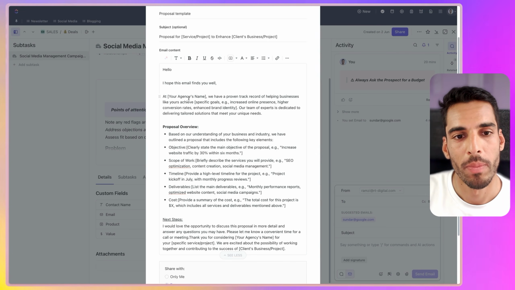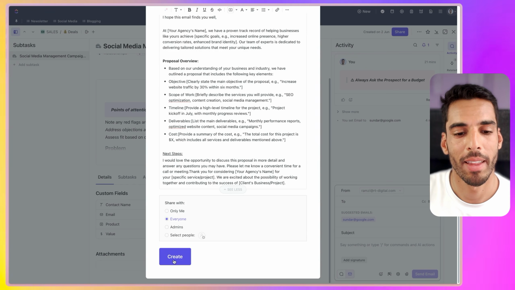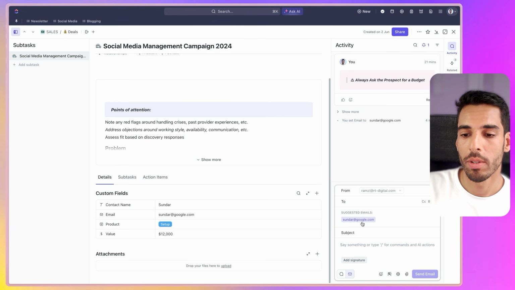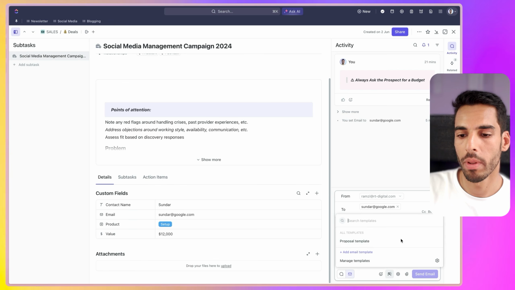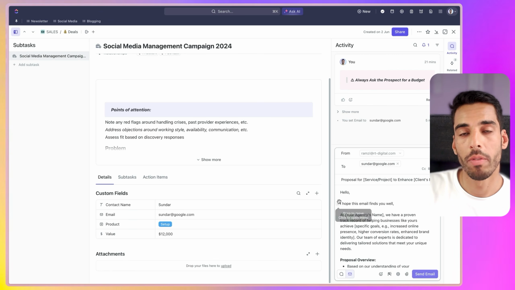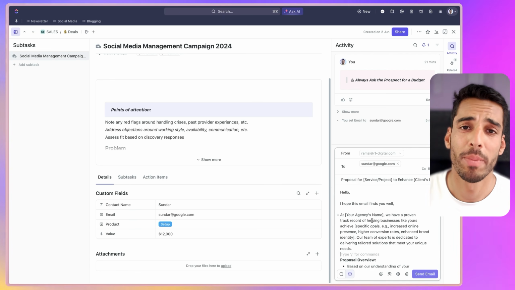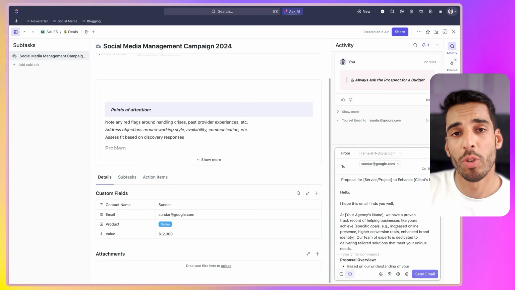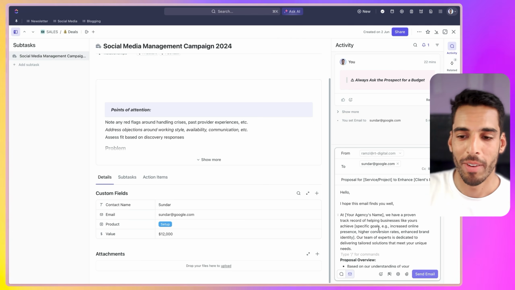Now, what's really good is that I'm going to be able to add custom information. Now I'm going to save that template by clicking create right here. And that way, every time I send a proposal to a client, it will suggest the email of the client that is stored right here. I can just add it with a click and pull that template, the proposal template. Obviously I have to customize it to the proposal, but at least that way you will make sure that your service business always works the same way, that your proposals always have the same structure, and you can train your team on how to create this and how to fill it in and adapt and adjust that template as your company grows. I can send this email, it will be delivered to the client.